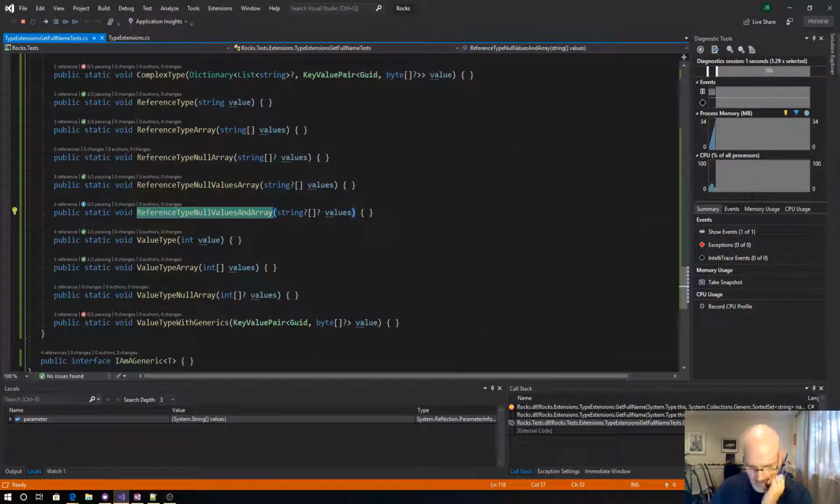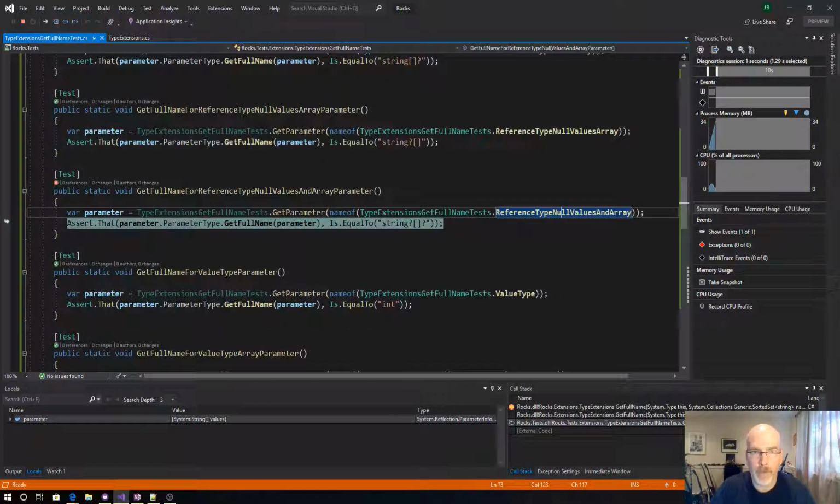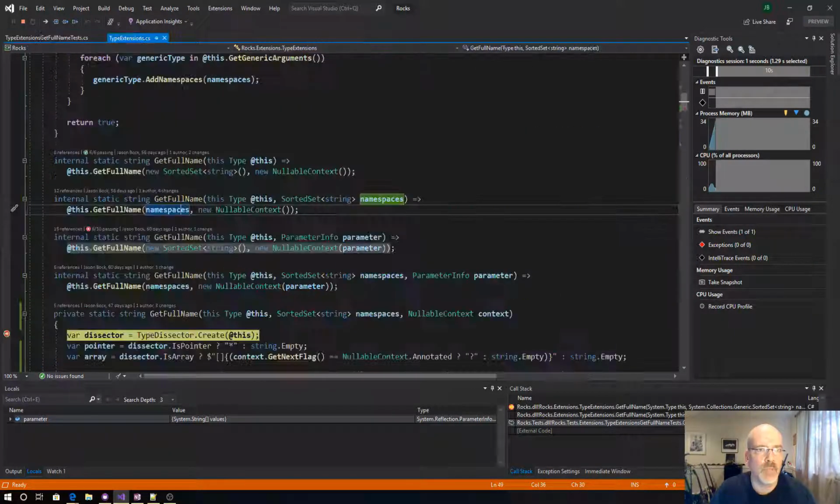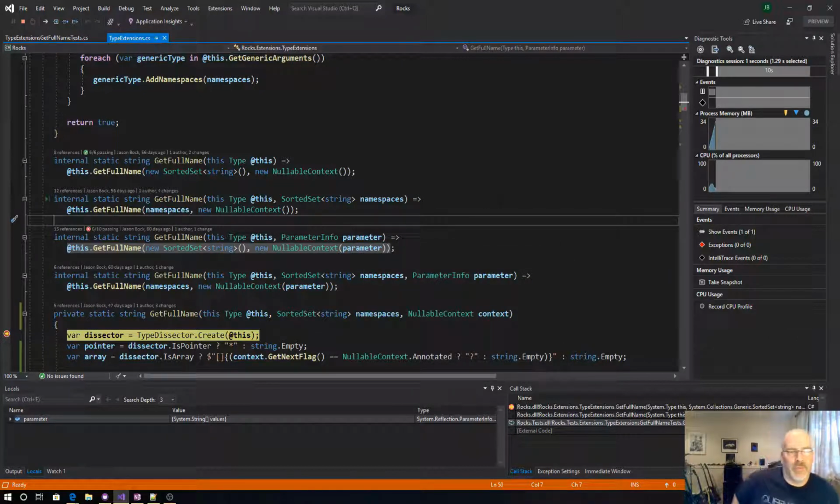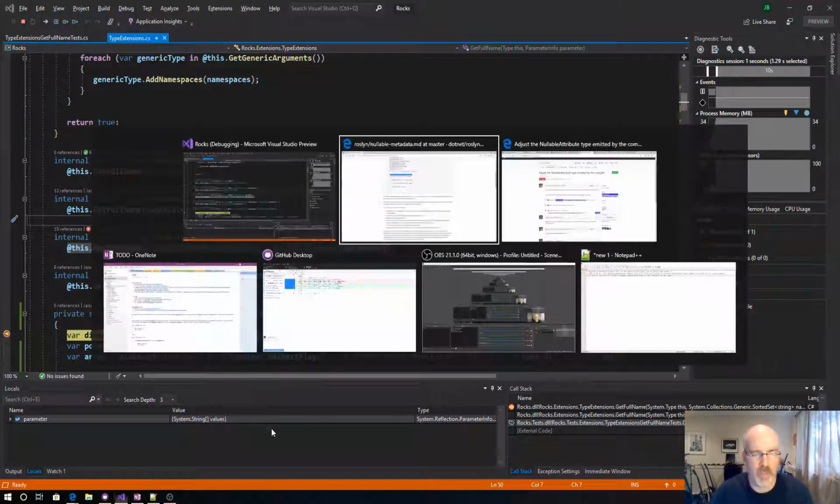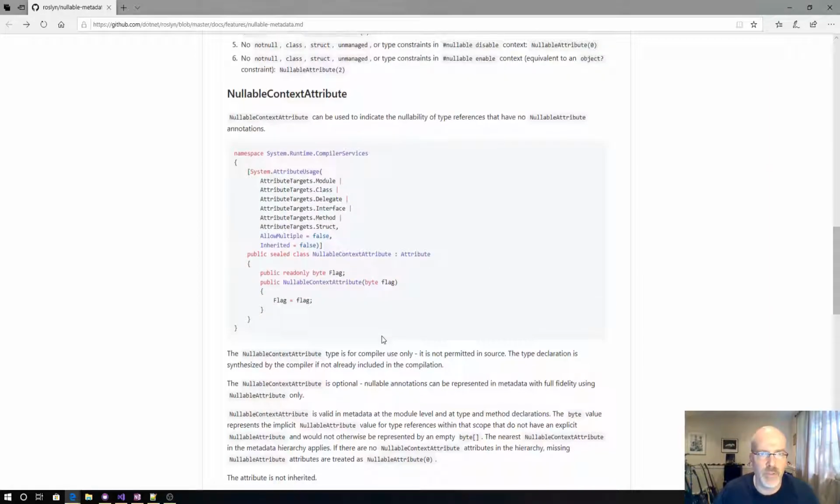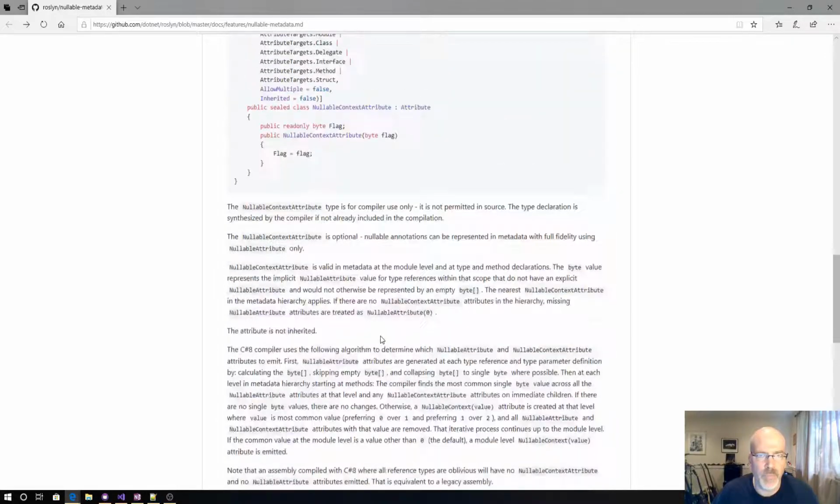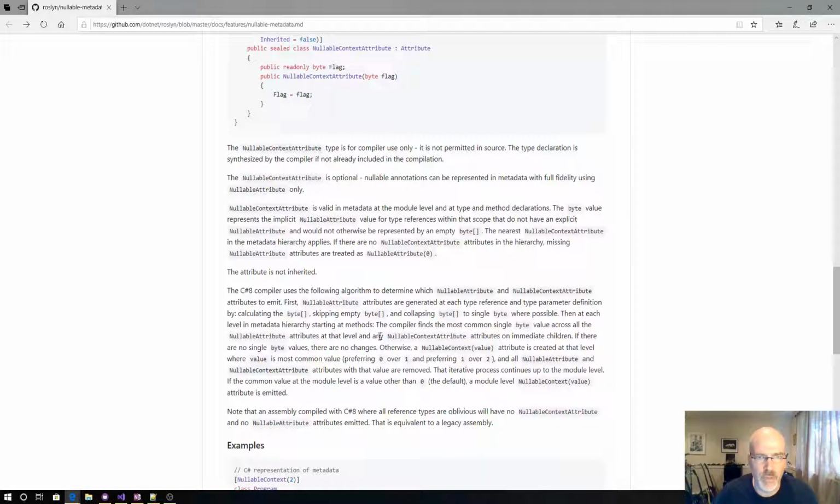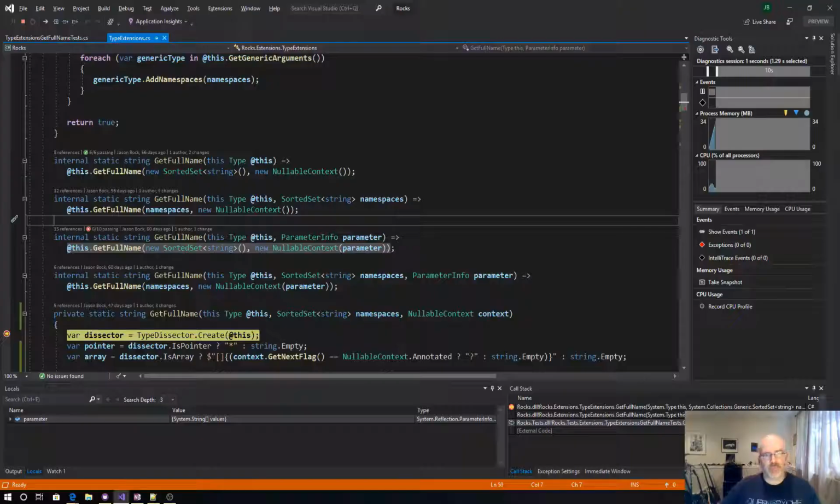String. So that's the right one. If I come into here, called this one with a parameter like that. So here's what I'm a little concerned about. Let me go back to that document because there was something down here talking about nullable context attribute. And I think the values mean the same. But this was what I was worried about, is this should